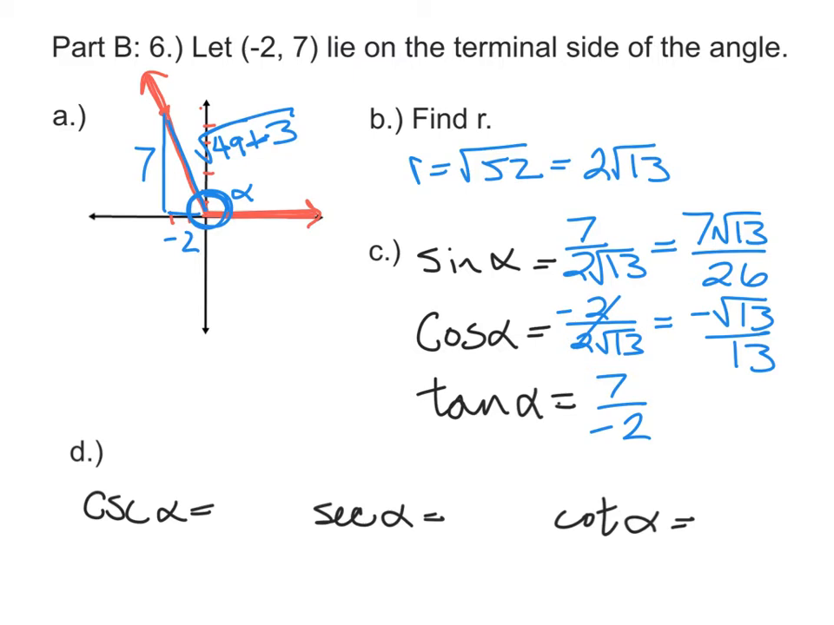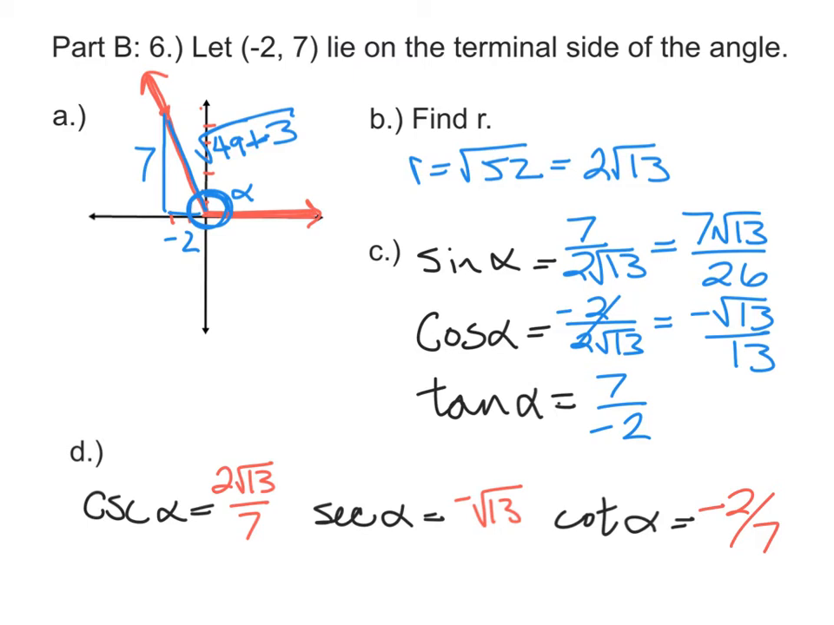Last thing is to find all of the reciprocal functions. Cosecant is the reciprocal of sine. So I'm going to go back to this first fraction, the one that wasn't simplified, and take the reciprocal of that. And we'll have 2 square root of 13 over 7. Now I already have the radical in the numerator, so that one is simplified. For secant, I'll take a look at that first cosine fraction, -2 over 2 square root of 13. And I'll let the 2's cancel, and this will simplify when we take the reciprocal into just negative square root of 13. And the reciprocal of tangent is going to be the reciprocal of 7 over -2, or